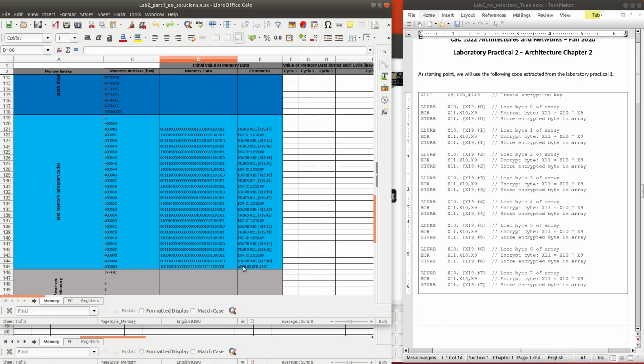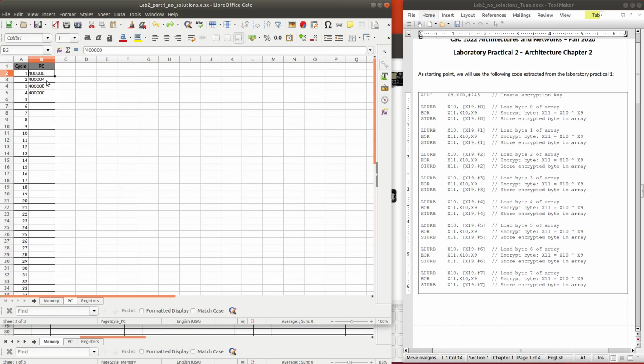During that execution time, PC will be automatically added with 4 because we have 4 bytes for one instruction, so the next instruction will be the next 4. So PC will be added with 4, making it 400004, and that value will be written into PC for the second instruction execution. That's why we have here the value of PC change from 00 to 04 for the second circle execution.